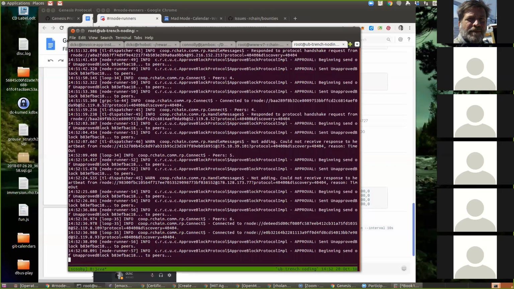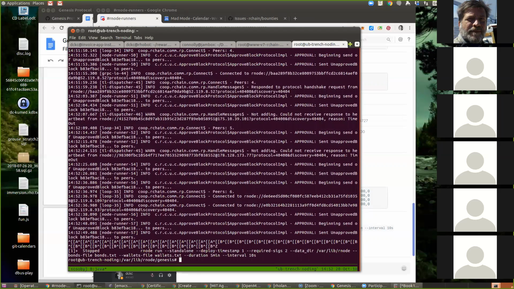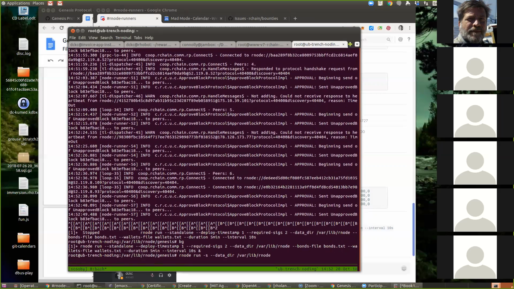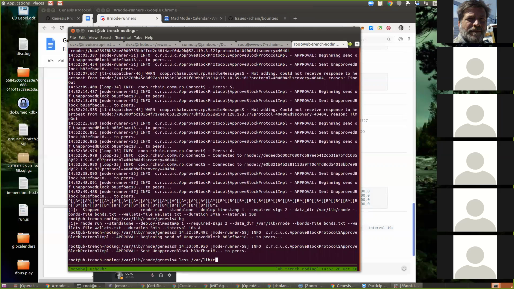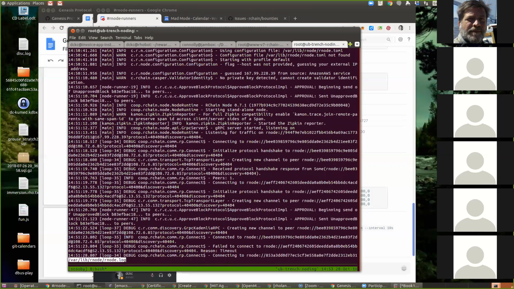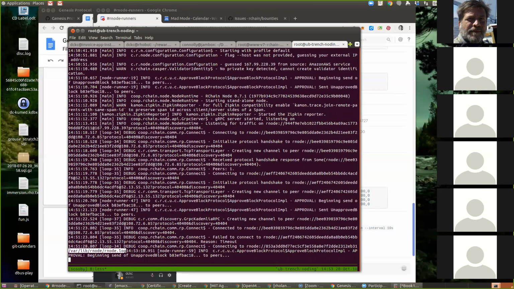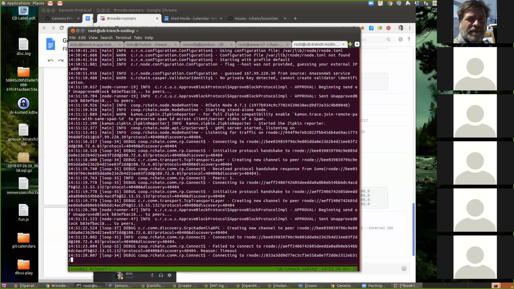Can you scroll up a bit to where the node got started? What do you want to see? I just wanted to see if there was an error before the node start, either with the bonds file or the wallets file.